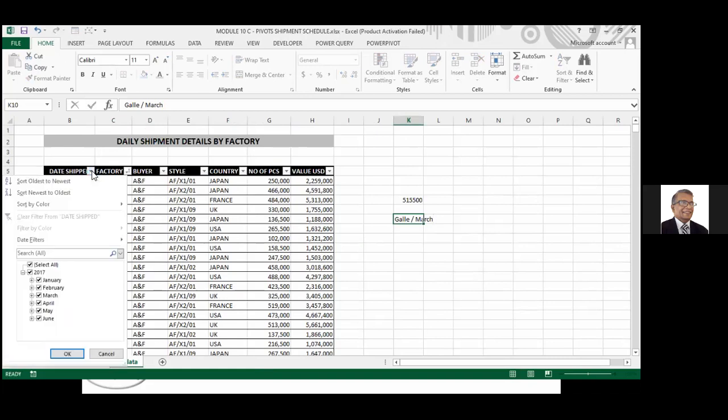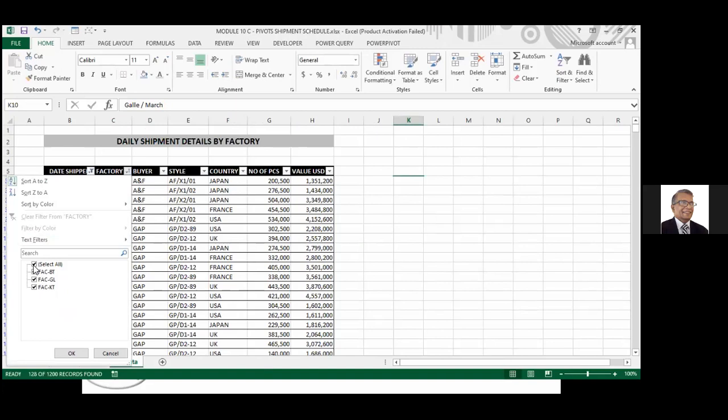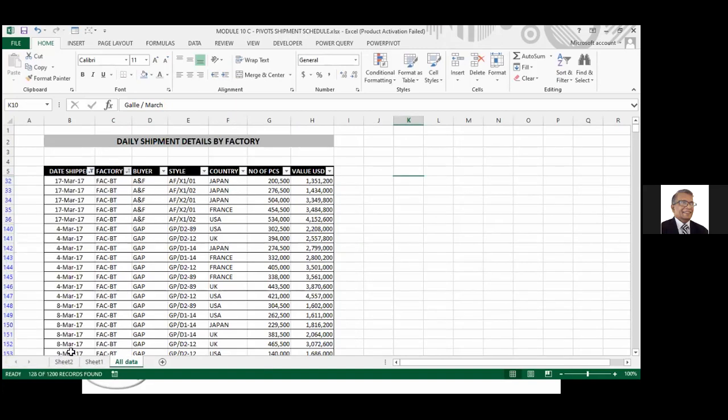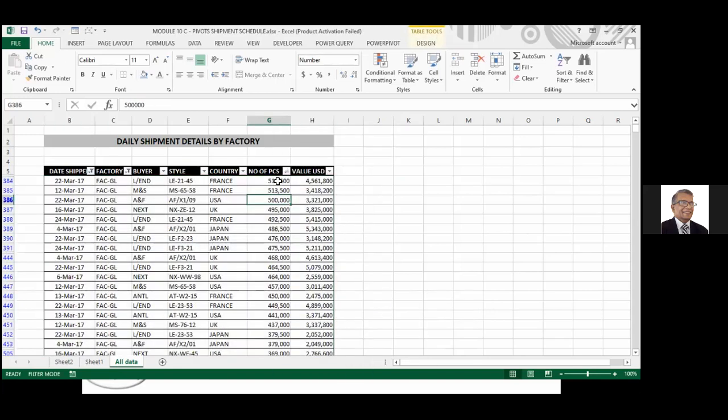Date shipped. Remove everything and select only March. Go to factory. Select all. I need the largest. Right click. Sort. Largest to smallest. 515,500. There you are. That is the value that we got here.